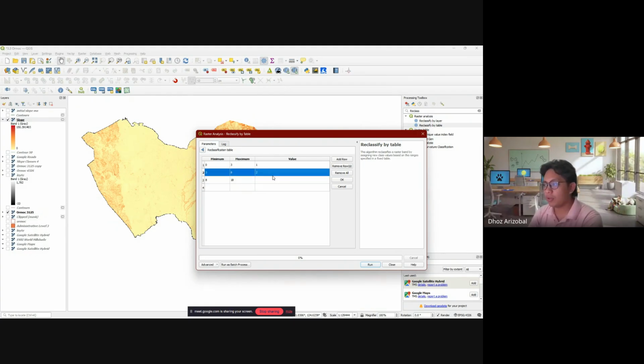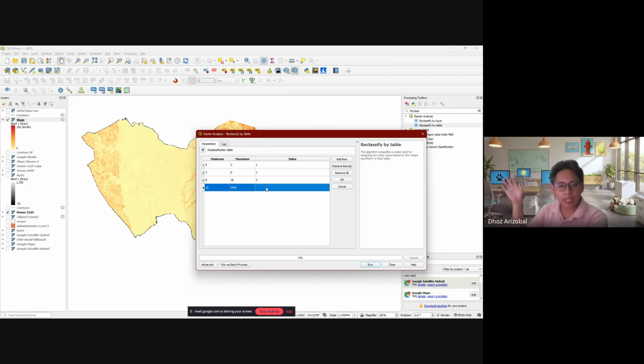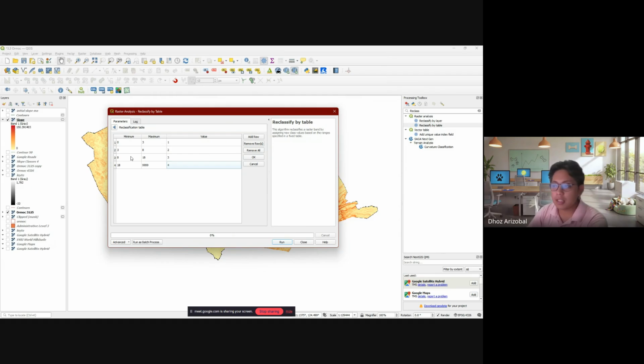This table is in your lab guide. Why 999? It's safe. Anything from 18 and above is considered forest. So everything from 0 to 3 is rice or lowland, based on our laws. 3 to 8 is for livestock and upland crops, and 8 to 18 is for agroforestry.